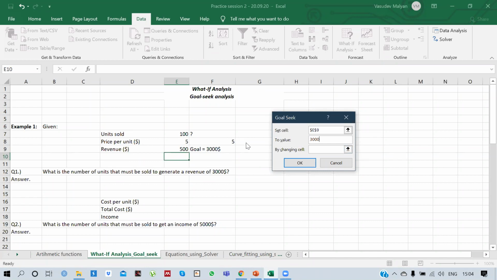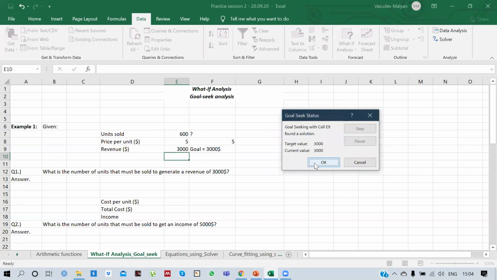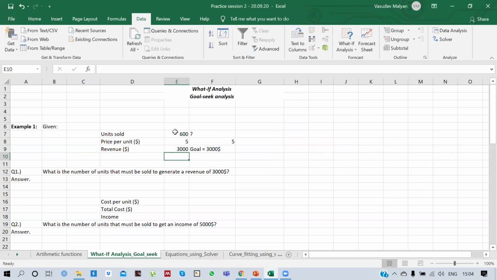Now my price is fixed. I'm not varying my price per unit. So the only variable here is the number of units sold. So if I change the number of units sold, I will be able to get how many units are required to be sold in order to generate a revenue of $3,000 in 1 month, which is 600 in this case.